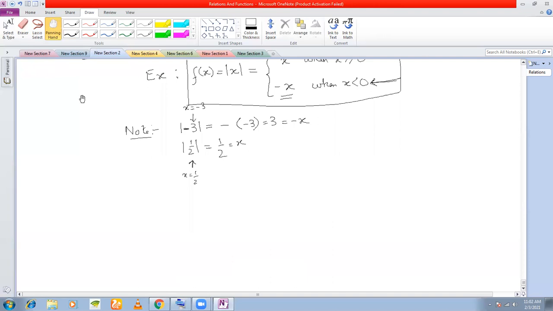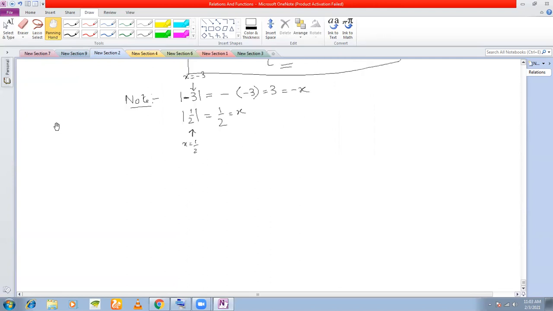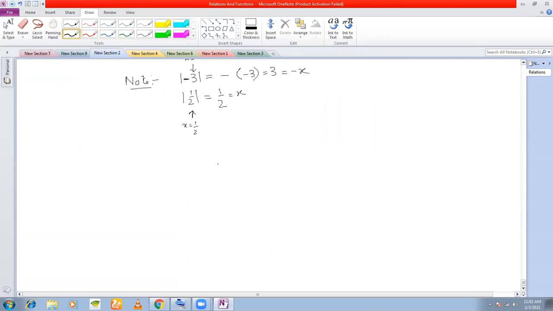So that was the modulus function. We now move on to a function which you just want to know about, but we won't come across this kind of function very often. It is called the greatest integer function. Very, very rarely you will come across this kind of function. The greatest integer function will look something like this. f(x) is equal to, you have box brackets, and within this we write x. Now what does this box bracket mean?